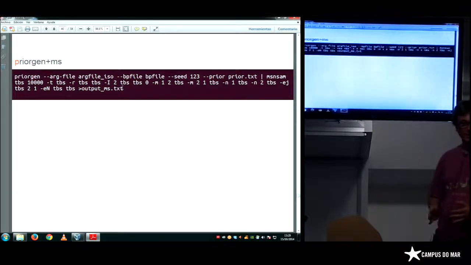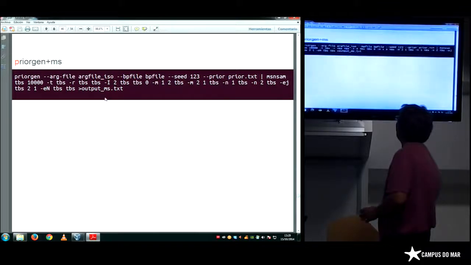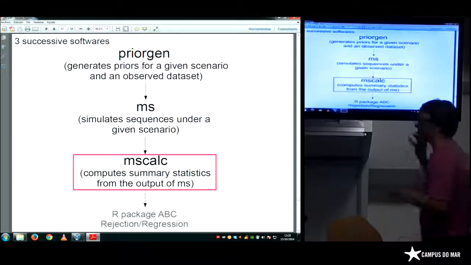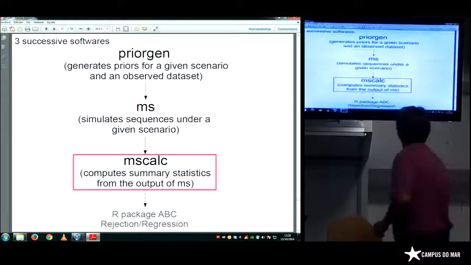Okay, I continue. So the next step is to compute the summary statistics. To do this, we use MS-Calc.